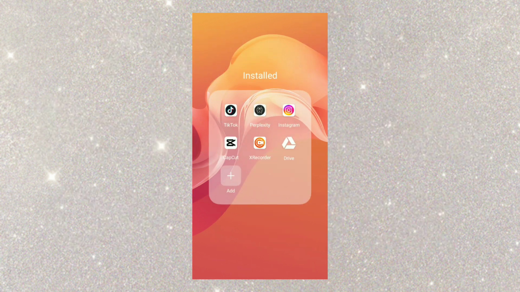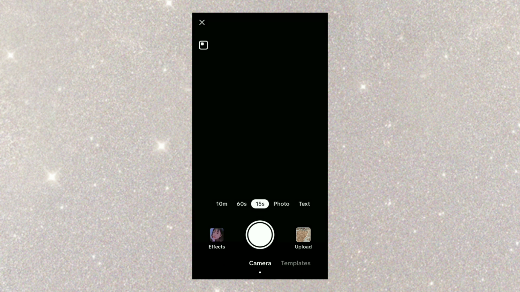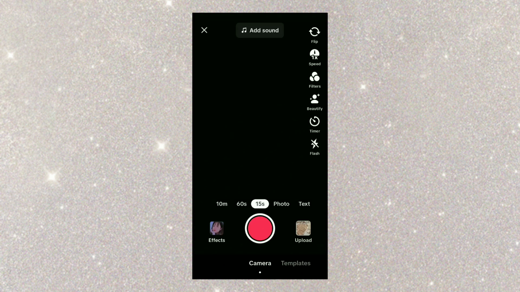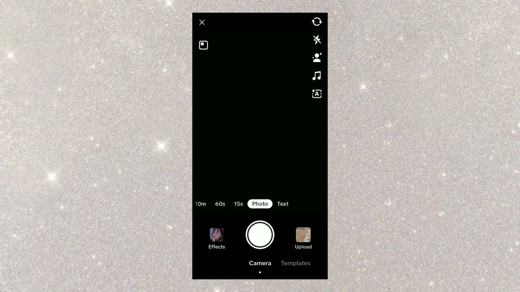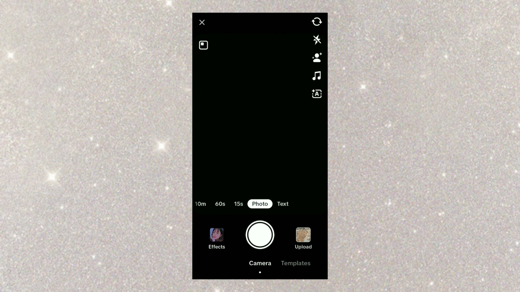First of all, you have to click on the TikTok app, click on this plus mark and switch to video mode, or you can also take a picture of anything and you can take a picture from your gallery. It depends on you. Click on this option, your story. Your picture will be uploaded to your story by this option and video will be uploaded to your story